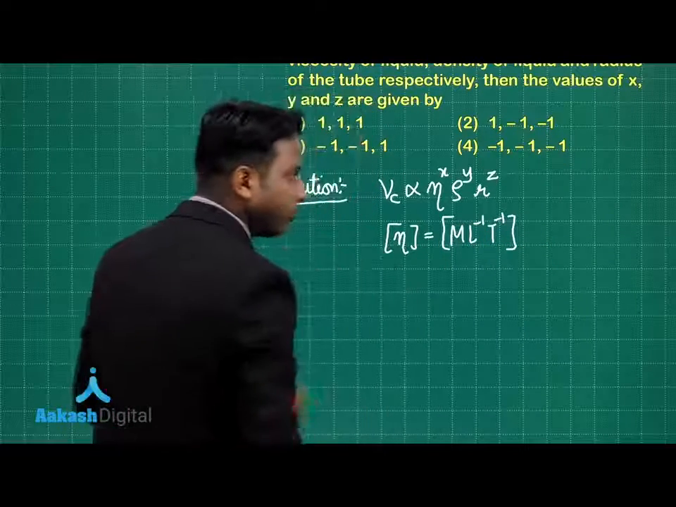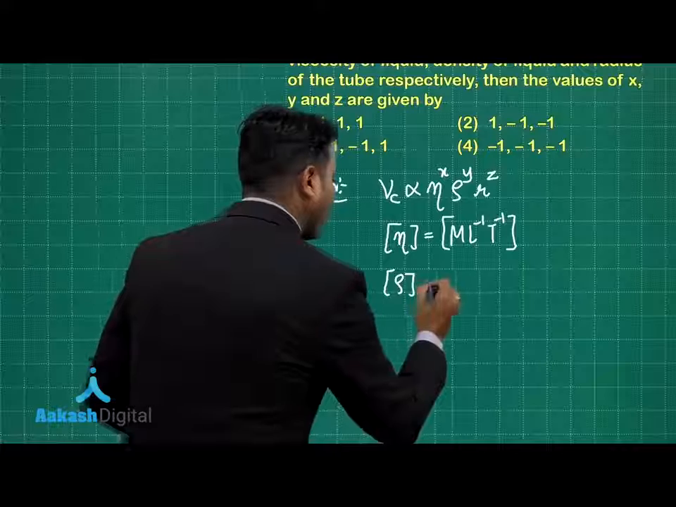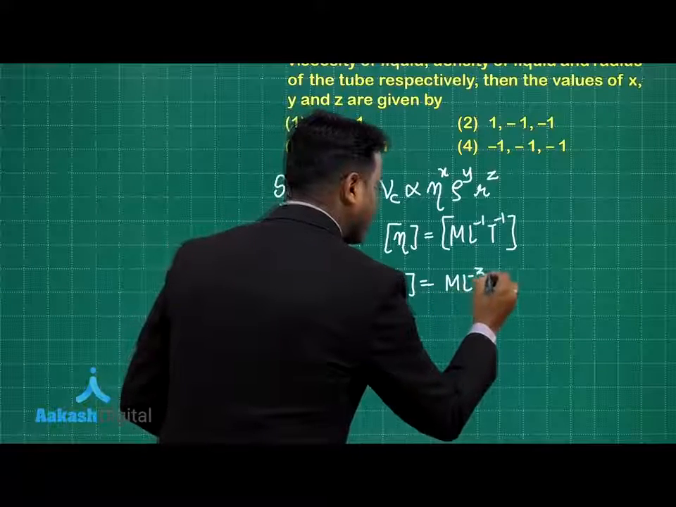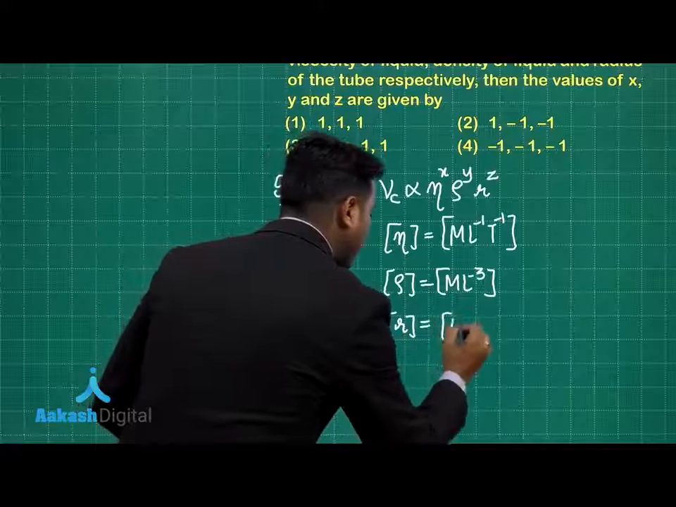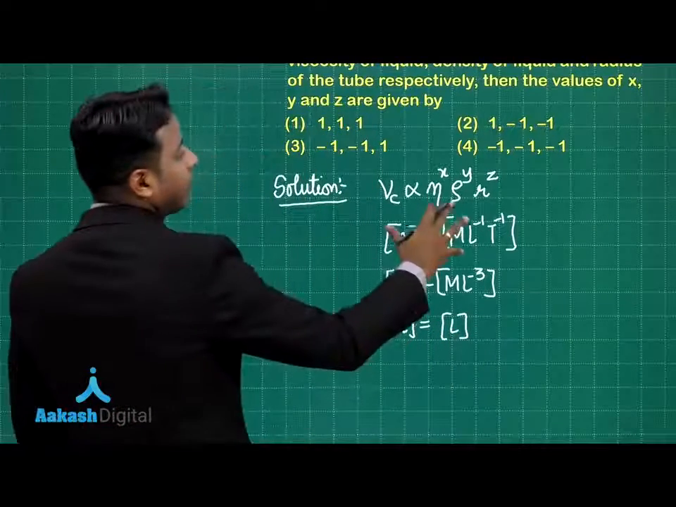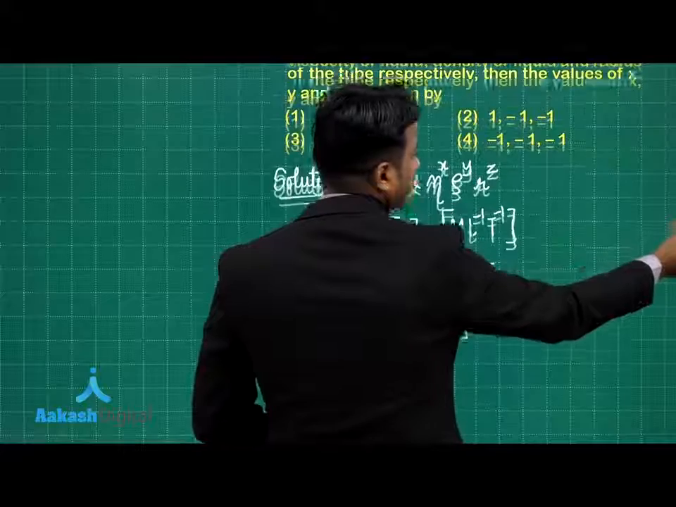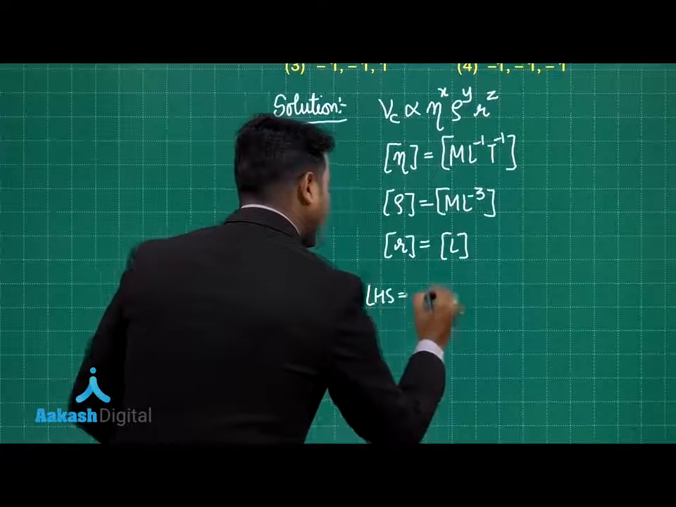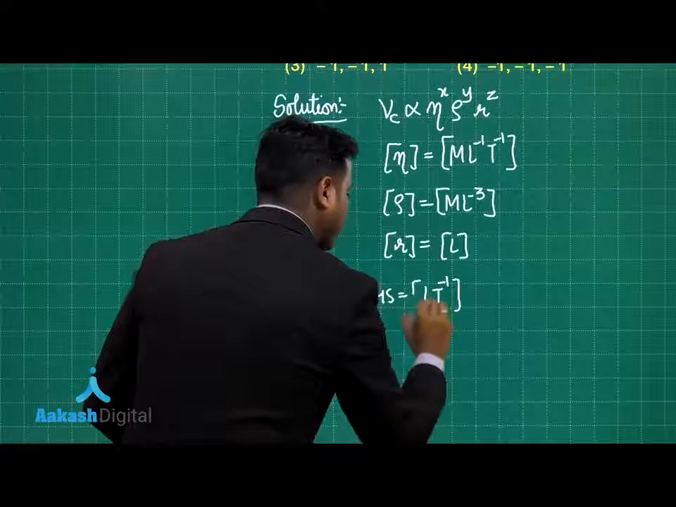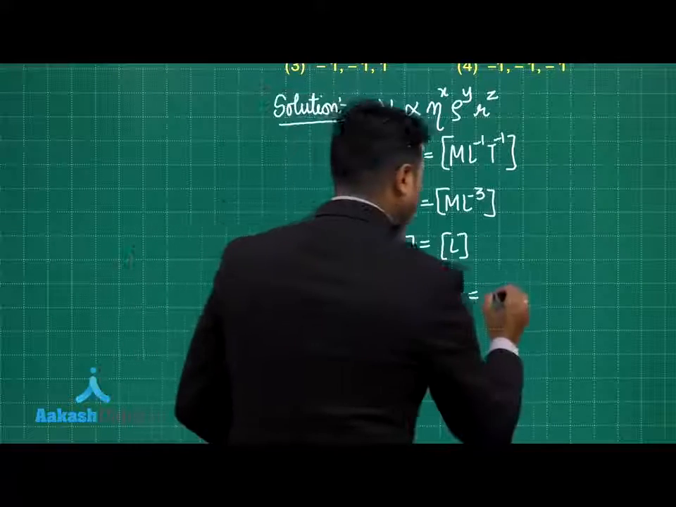You can easily remember this. Dimensions of rho are actually M L minus 3. Then dimension of radius is simply L. Then we have the velocity on the left hand side. So tell me, what is the dimension of this velocity factor? Dimension of left hand side is actually L T minus 1, and this is equal to eta to the